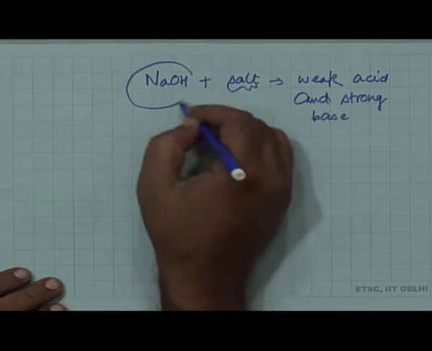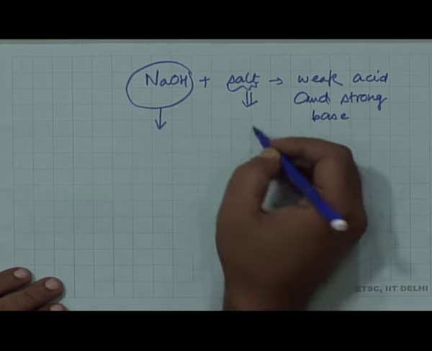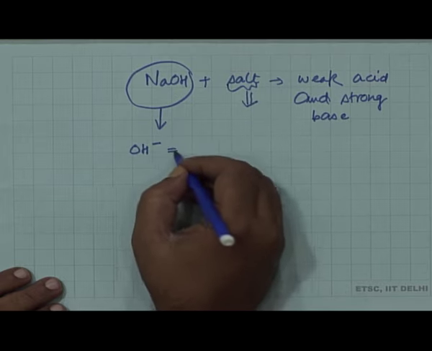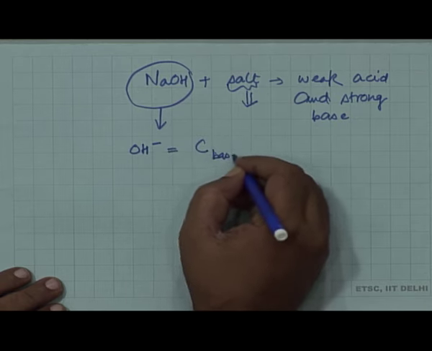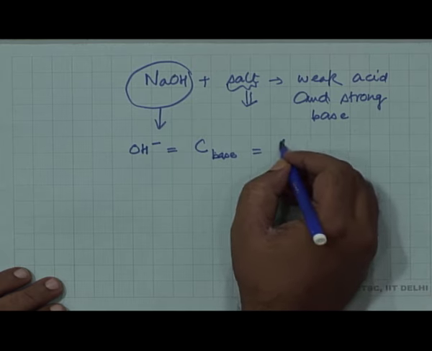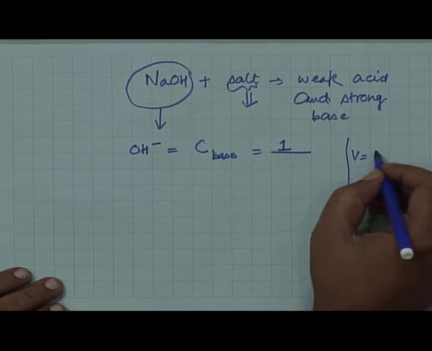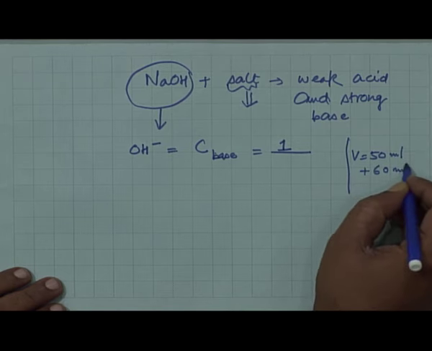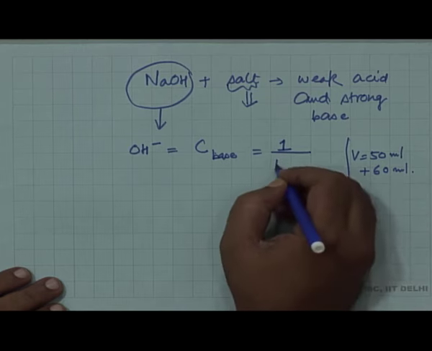But since there is NaOH and this completely dissociates, here hydrolysis is not complete, and so almost all OH minus ions will come from this base, and this is nothing but your 1 millimole. We know that 1 millimole is left, and your volume is 50 ml of acetic acid plus 60 ml of base NaOH. So, 110,